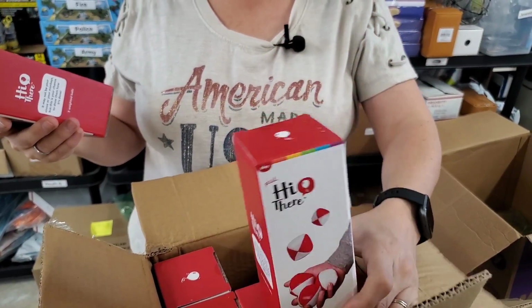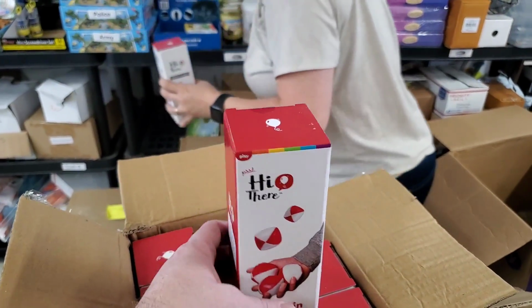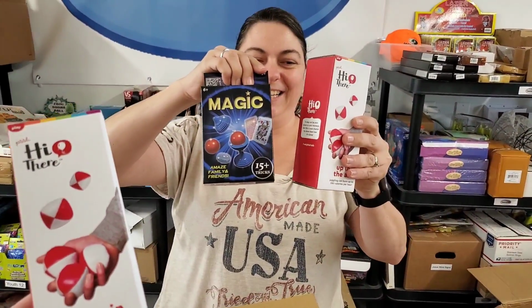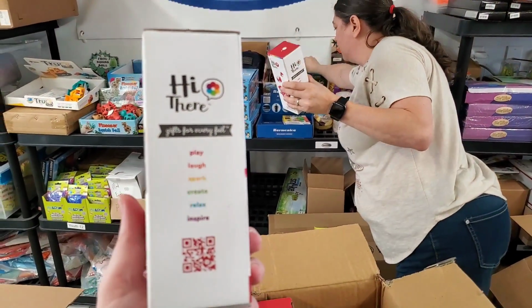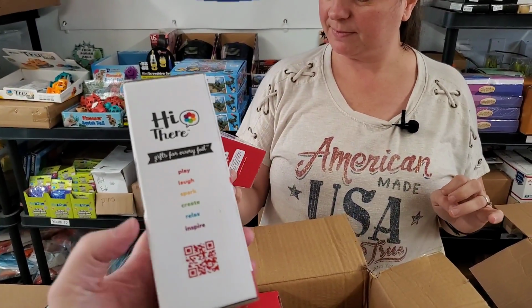See, you could just partner this with our juggling kit. Here you go. I just gave you a gift idea right here. Juggling and magic. Don't we have some bigger magic kits too? Yeah, we do. We got some bigger magic kits, and we have 3 different boxes of those ones. So. There's the code to scan to...